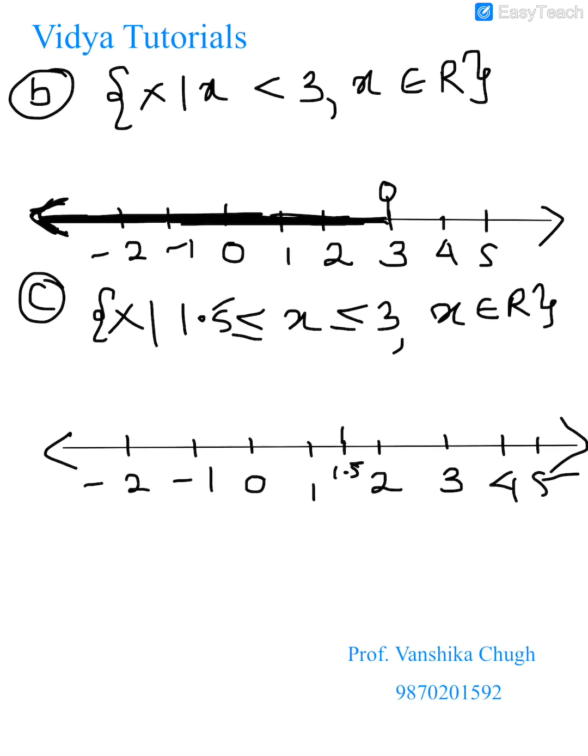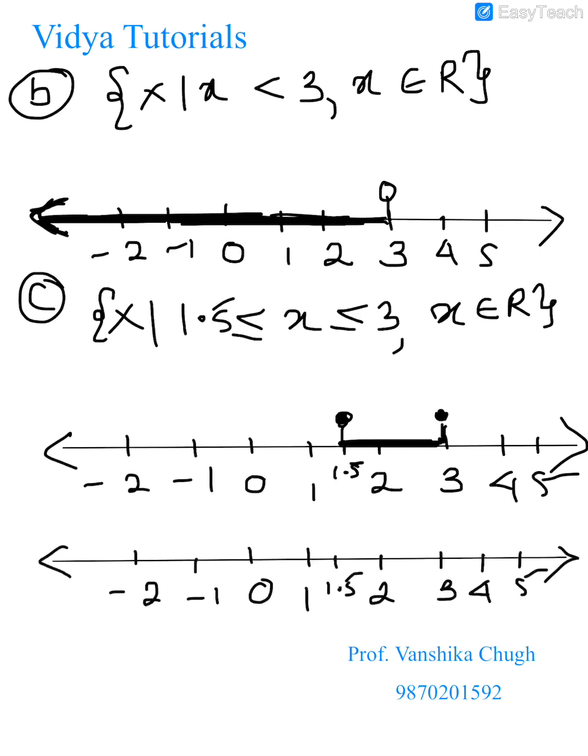Since it is included, I will make a solid dot. I will darken this line over here since it's a real number, and again 3 is also included, so I'll make a solid dot. Alternatively, the other way, which some teachers do in school, is to draw a straight line on both, because both are included, and shade this region. Remember, darkening or shading is very important. It indicates all the values are included.